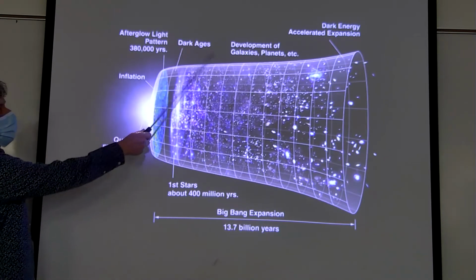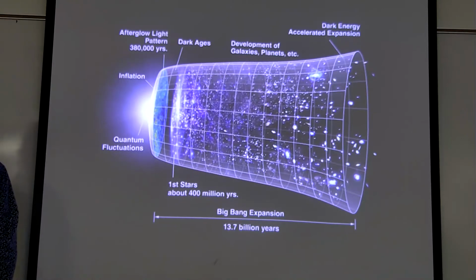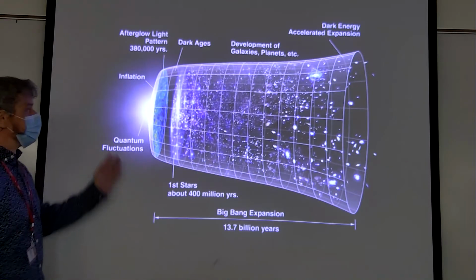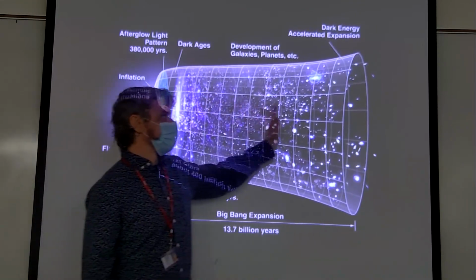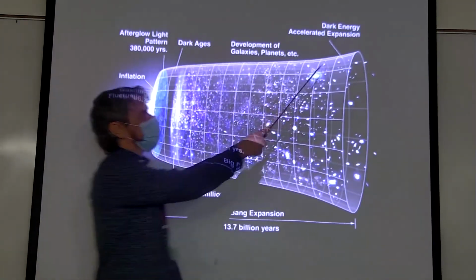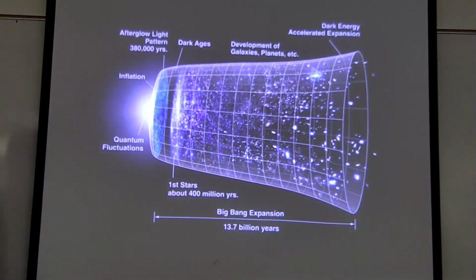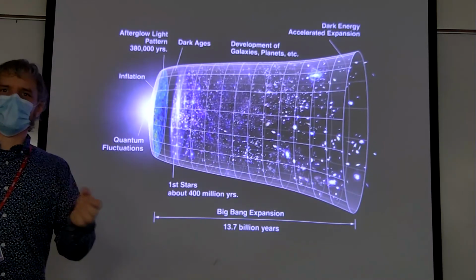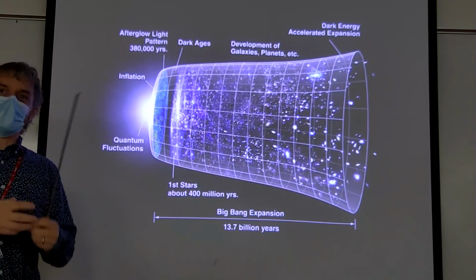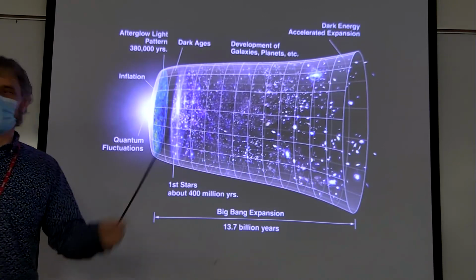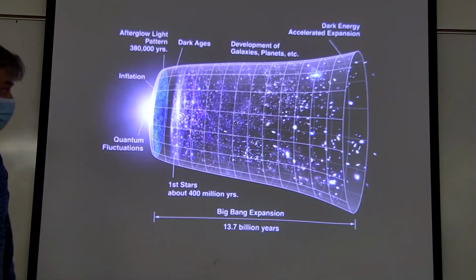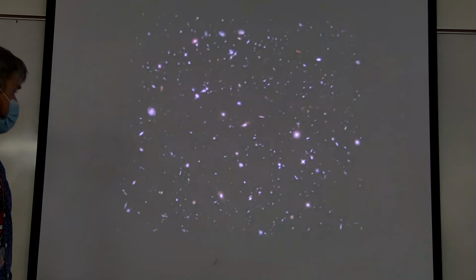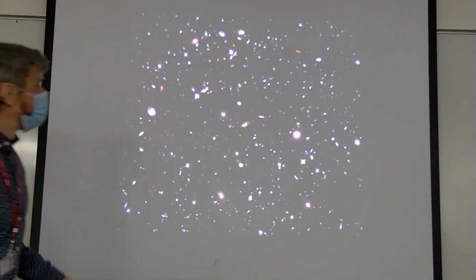You have the cosmic dark ages where you have no light. Actually, the universe is not transparent. And then stars start to form, galaxies start to form. And then at this time, dark energy, you might have heard that term, is what's used to reference the expansion of the universe. The universe has been expanding since it started. Not only that, but we now know that it is accelerating in its expansion. So that's pretty interesting. People won Nobel Prizes for figuring that out. This is a cool picture.